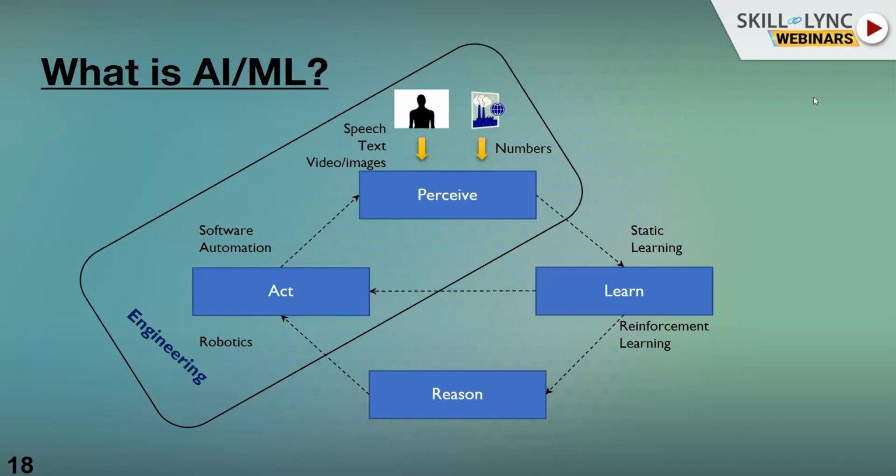Similarly, the acting component. That means once you learn about it, once you have a reasoning capability, you take decisions, and you have to implement those decisions. For example, when you're taking a picture, the face recognition software is an AI application. Let's say the AI tells you where the face is, and after that you have to put a rectangle around your face. You don't need any intelligence there. The one which is putting the rectangular box on the screen is actually software. That is the acting part of it.